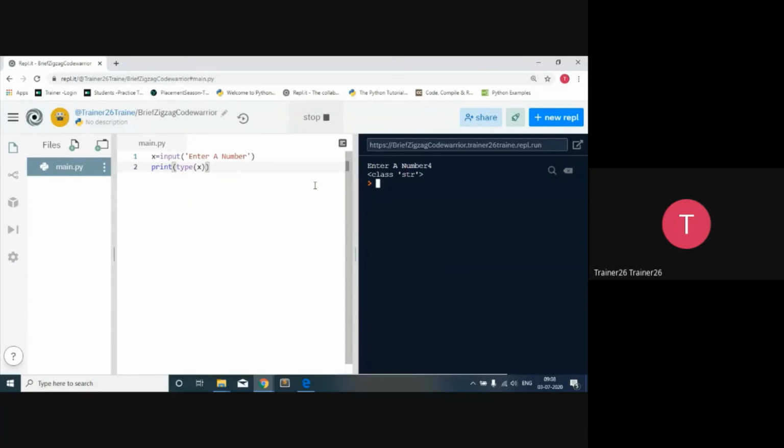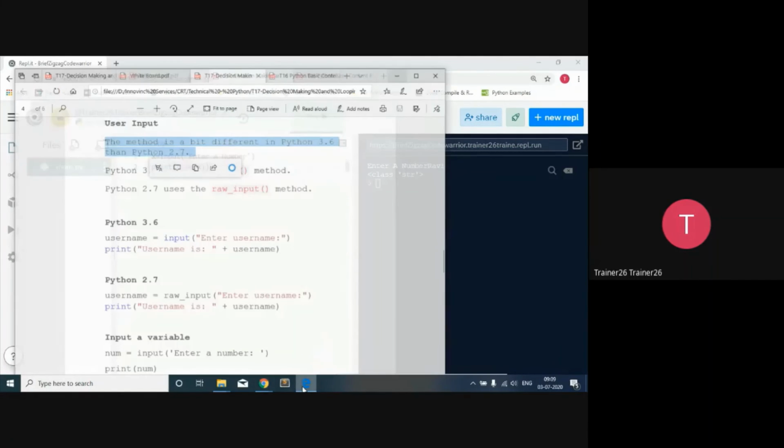Now the next time again I'm going to run, and I'm going to give the 3.14. So again it's always going to consider the input as a string. Then the third time I'm going to give v. So again no problem, it's going to read as a string. So whenever we read a string as a string, we do not have any problem. But the problem appears when we write code over here.